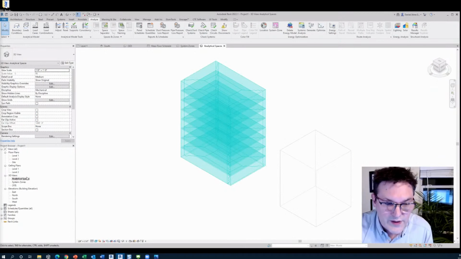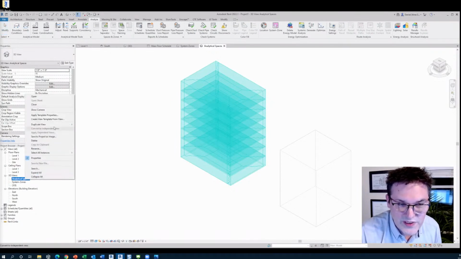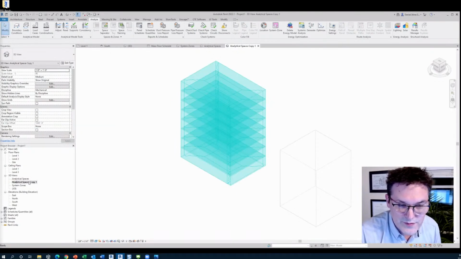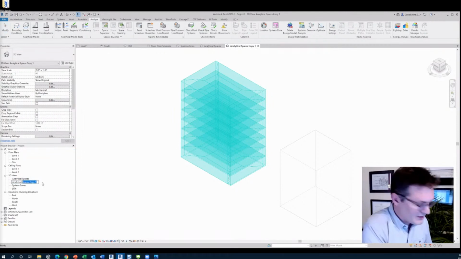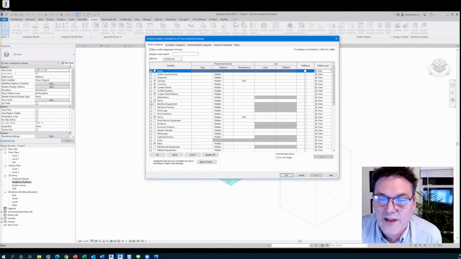Another thing that is here that's not visible right now is something called analytical surfaces. I always like to duplicate this. If I had my way, Autodesk would do this automatically. So analytical surfaces. And then I'm going to go into the visibility settings and turn off all of these model